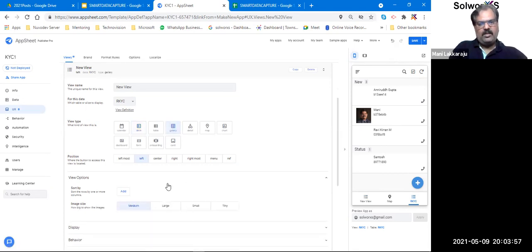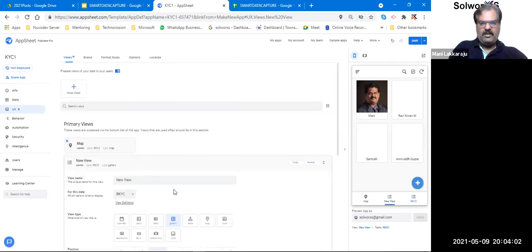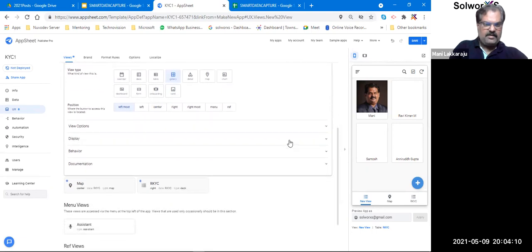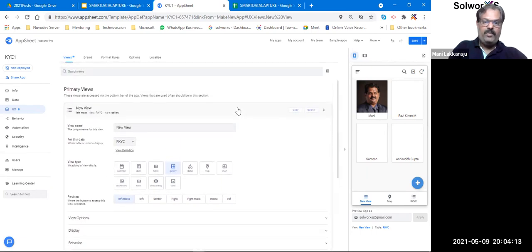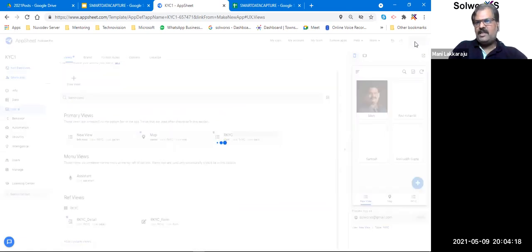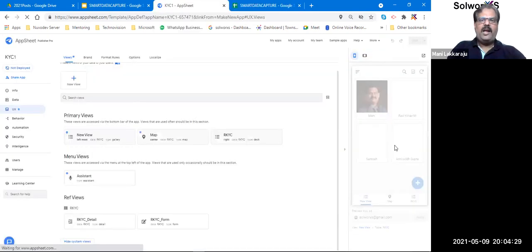Okay, then it will ask me what kind of things you want to do. I'll say I'll put it at the center. Okay, or I'll actually align it to the leftmost. Some configurations I have to do. I'm just showing how beautifully you can change. Now I just save it. That's it, done. So my same Excel sheet, which is like this, instead of me capturing data in this format, I can capture data now in this format, the way you see, right?